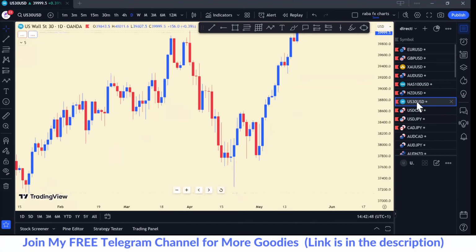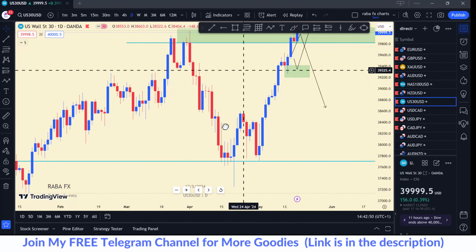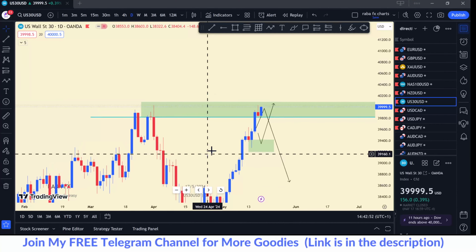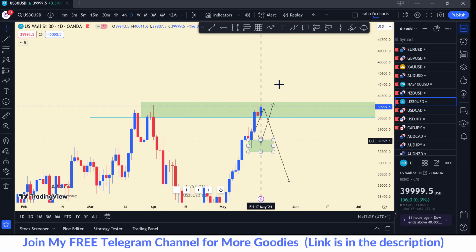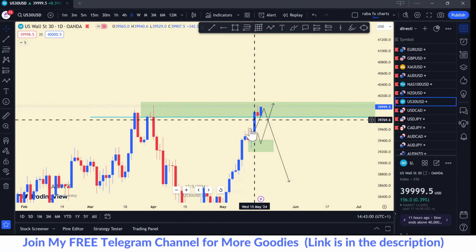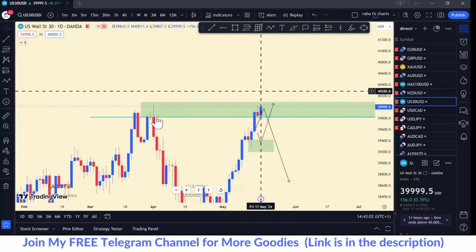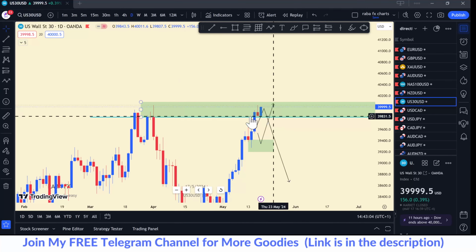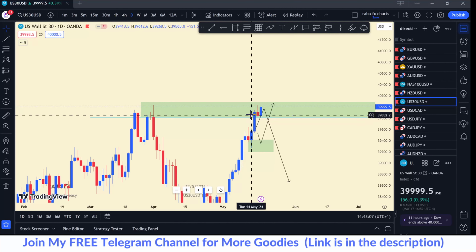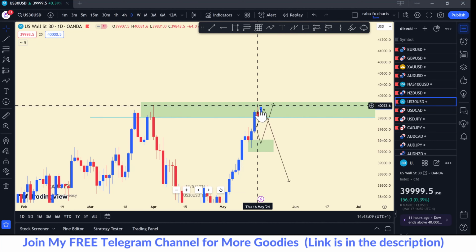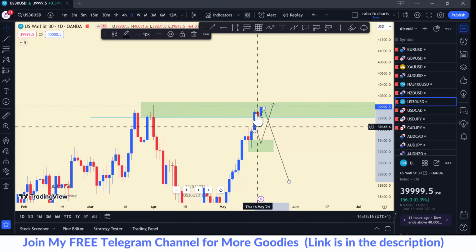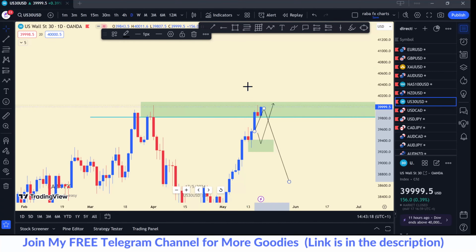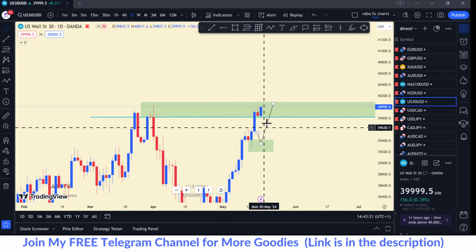Same thing should apply for US30. As you can see, this was my analysis. I was expecting price to come down here, but it did not, and it pushed higher. I know that the directional bias is bullish, but I was worried about this level here. This level is an obstacle which can sponsor a push down, but as it stands now, price closing above those opening prices simply tells me price wants to go higher.